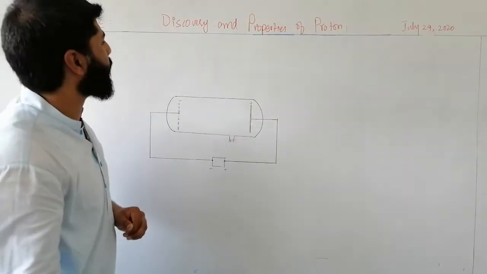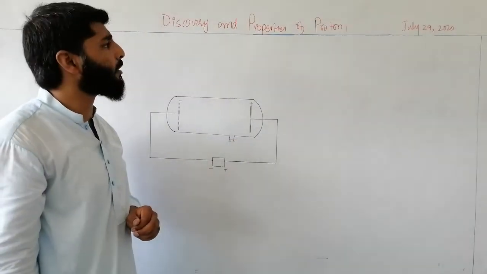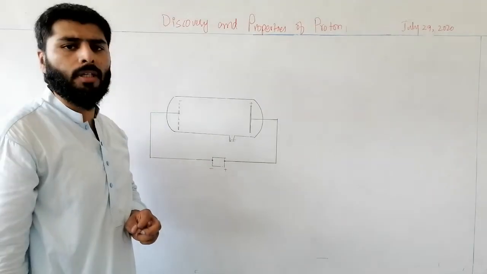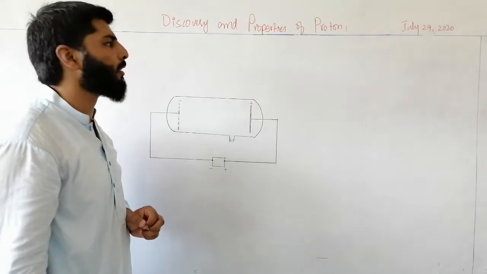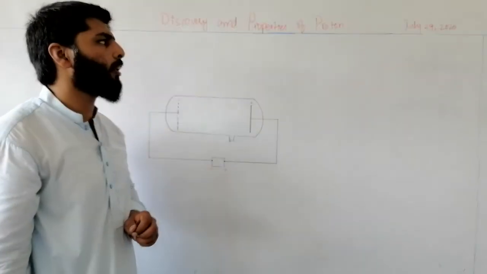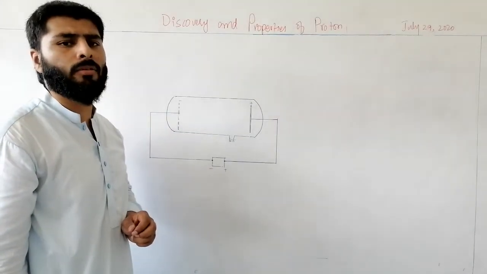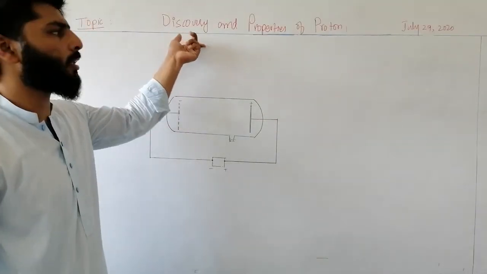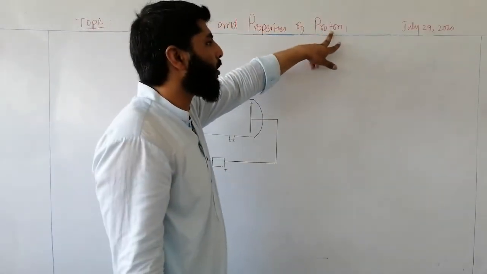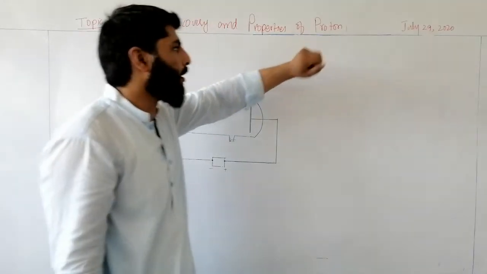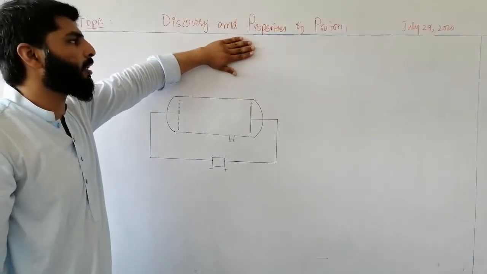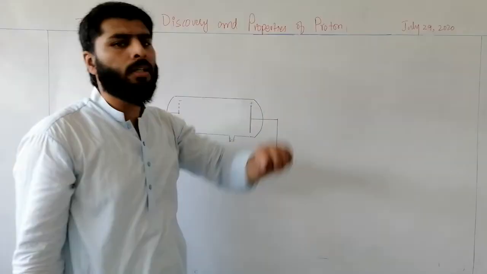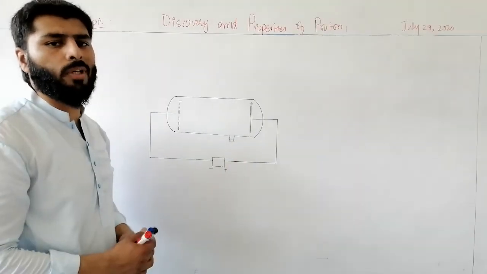Students, in the previous lecture you have thoroughly discussed the discovery and properties of cathode rays, as well as the charge to mass ratio, the charge and the mass of the cathode rays. Students, now we have another subatomic particle, which is a positive particle or proton, and we will study the discovery and the properties of the positive rays or protons.